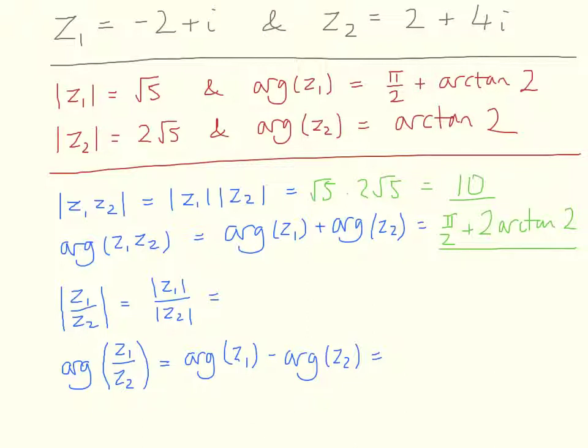For the quotient, the modulus of the quotient is the quotient of the moduli, so that's root 5 divided by 2 root 5, that's a half. And then of course when we're doing the argument of the quotient, it's the difference of the arguments, so that's just going to be pi by 2